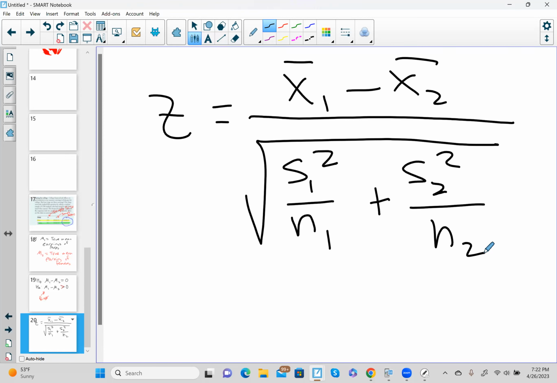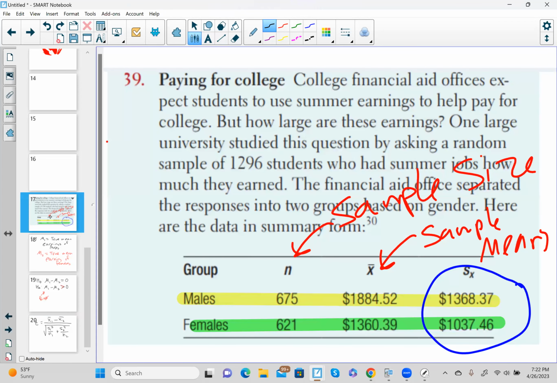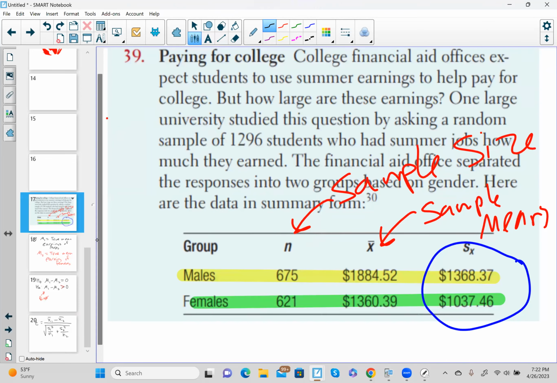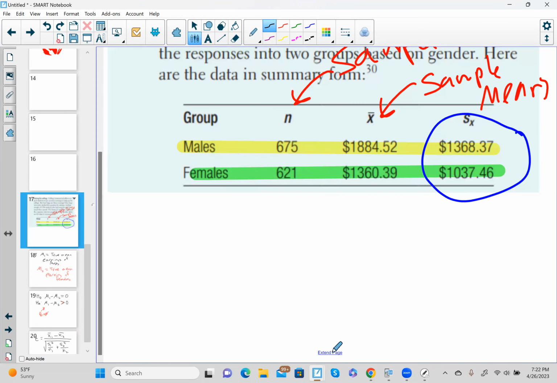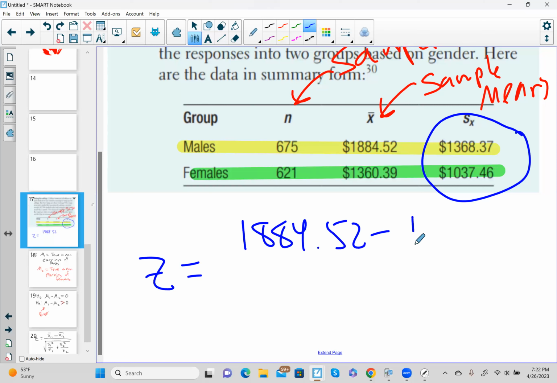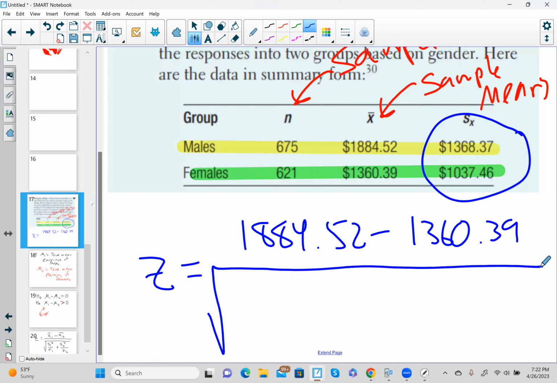All right. Anyway, let's plug in all our information. All the information comes from this chart here. So maybe I'll just put that right here on this page that we already have so I can see it all. So let's see, we're going to have z equals 1884.52 minus 1360.39 over the square root, right,